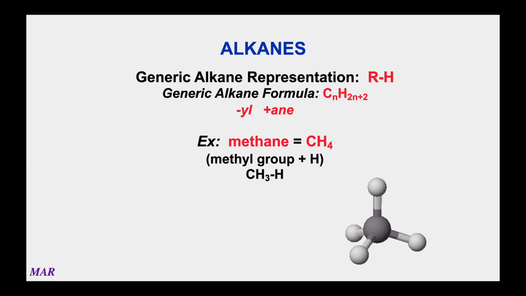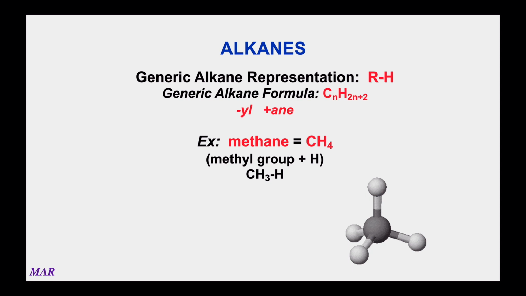And an alkane is when you take a generic alkyl group R and you put a hydrogen on the end of it. So literally, like we said, all of those groups we saw, the alkyl groups, they aren't compounds, but if you put a hydrogen on the end, then your carbon has 4 bonds around it, it's got its octet, and you're going to make a compound. So all of the alkanes are just alkyl groups with a hydrogen on the end of it. There's a generic alkane formula. You can see it there. It's CnH2n+2. So for every n carbons, you're going to have 2n+2 hydrogens.